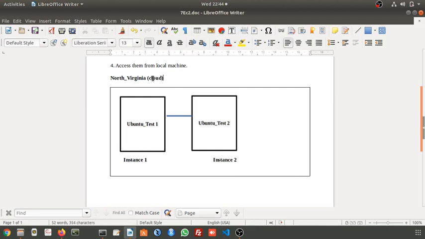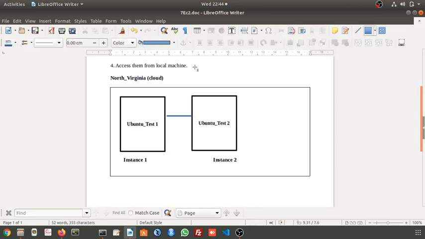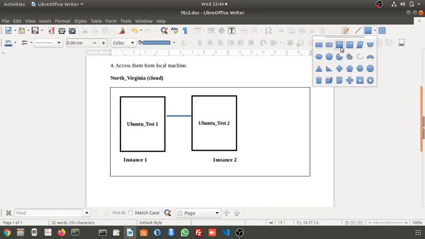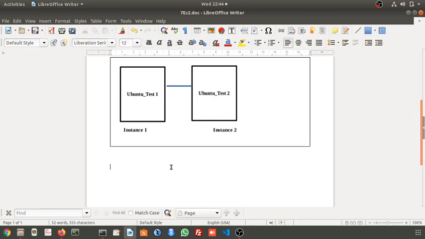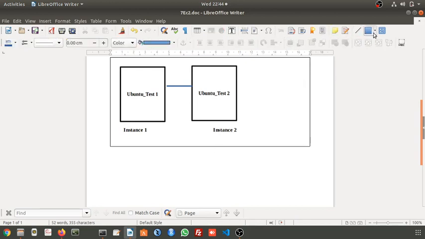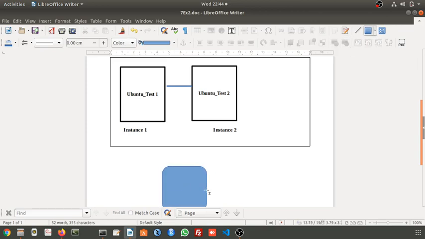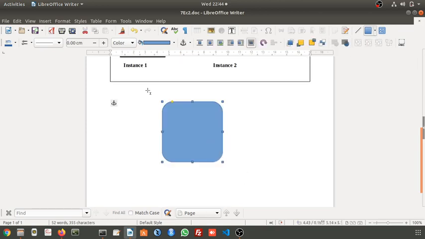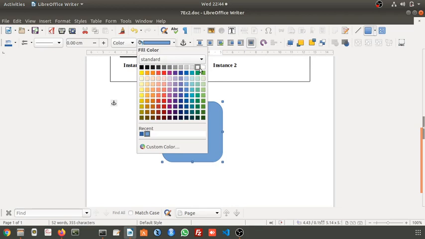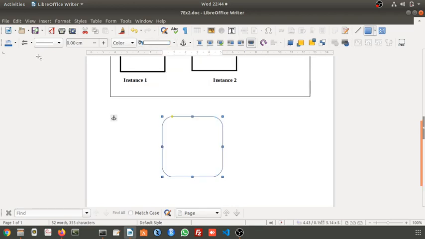Now what we will do is connect to these virtual machines from our local machine. Assume this is your local machine. From this local machine, we will try to establish the connection and access these virtual machines.